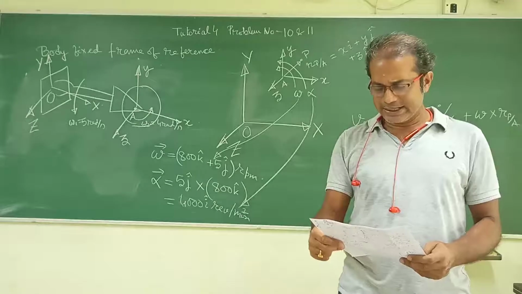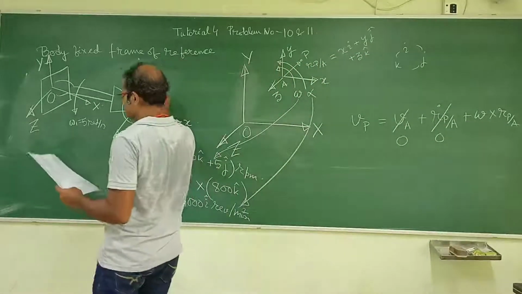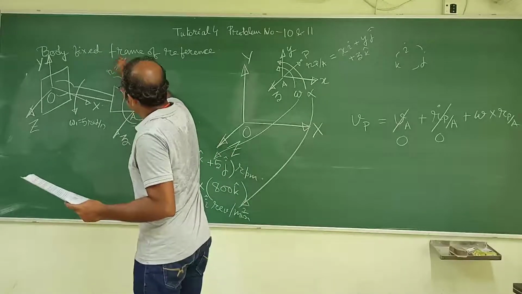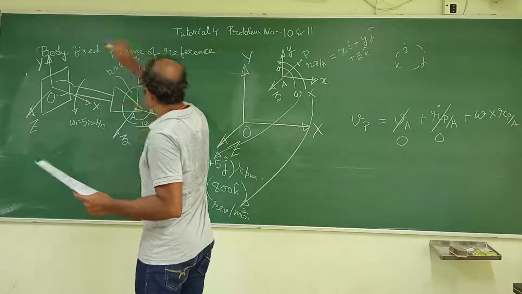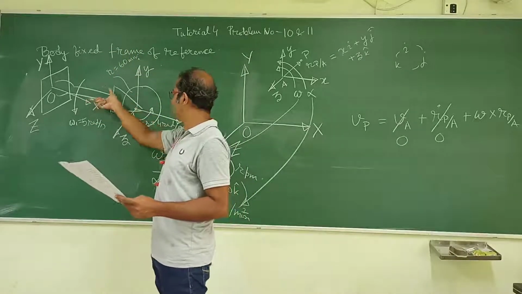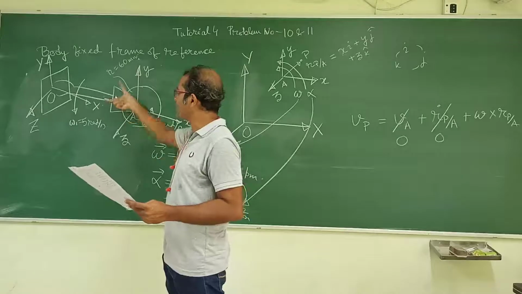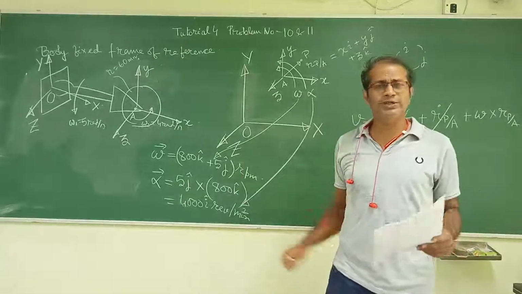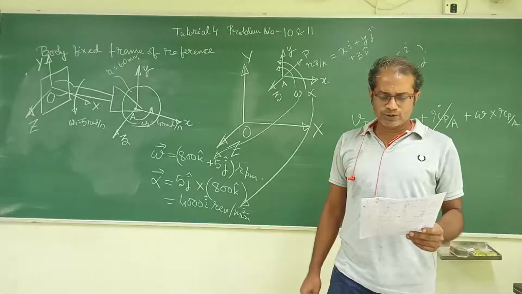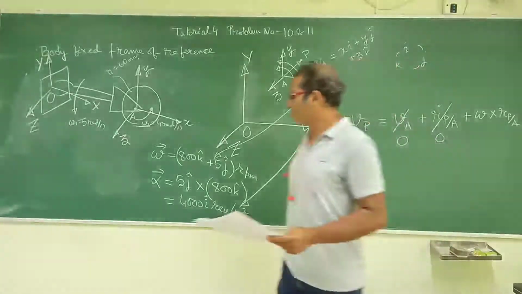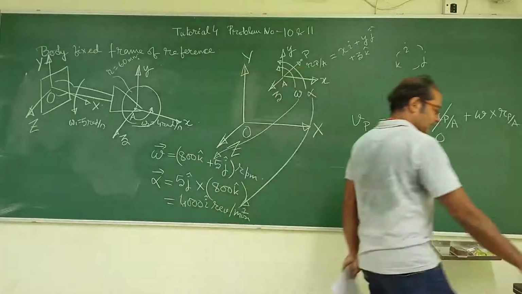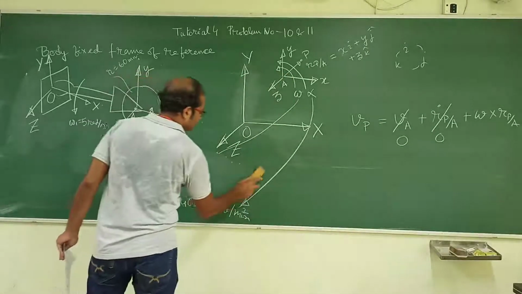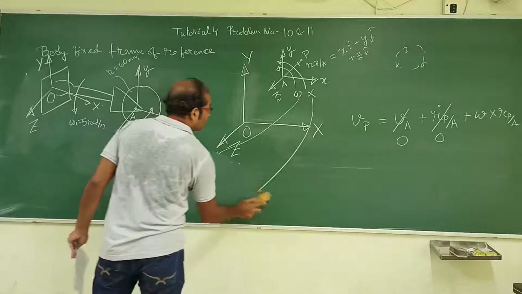Okay, and it is telling that this radius R is equal to 60 millimeter. So this is rotating and it is just attached to a linkage, and this is going to rotate. Exactly the same problem as the typical one. Okay, so now what to do? We will be defining now the total angular velocity and the angular acceleration of the disk.